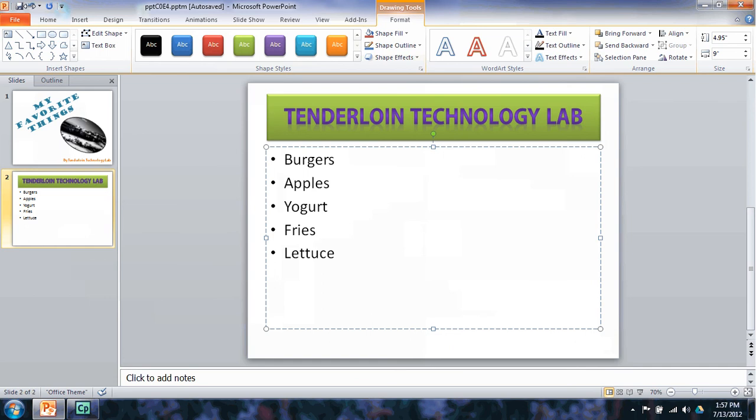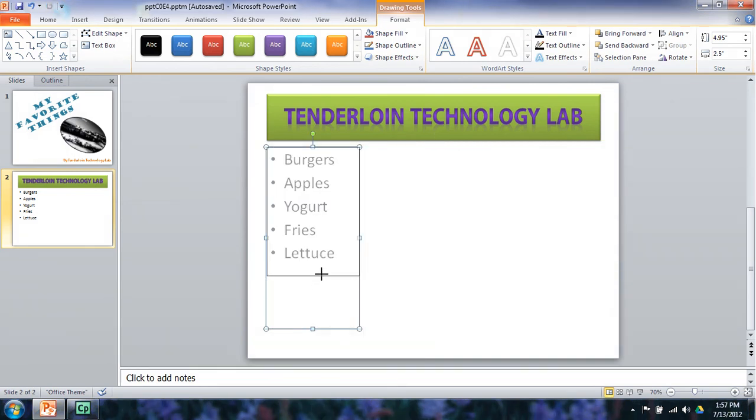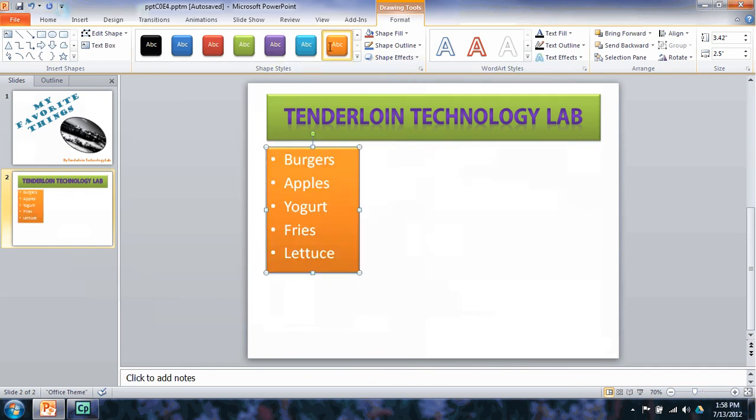I can then do the same thing as I did with my text box if I want to add a word art or a shape style as well. But the first thing I'm going to do is maybe adjust the size of this text box a little bit. So I'm going to click, hold, and drag over. And then I'm going to select again under my Format tab of my drawing toolbar a shape style. I'm going to single click on my shape style, and then I'm going to click back into my text box